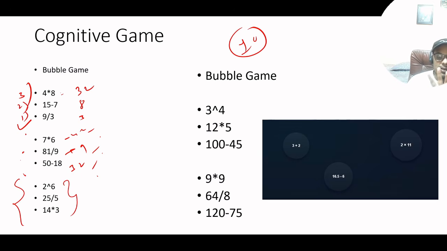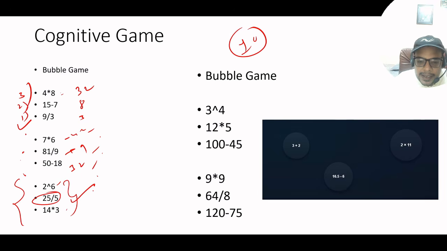Because that is also fine, that if you are predicting something, you are not calculating something, but you are predicting something, that is totally fine. So that also we can do. So for suppose for this question, we can see the lowest value will definitely be this. So we can click here directly.